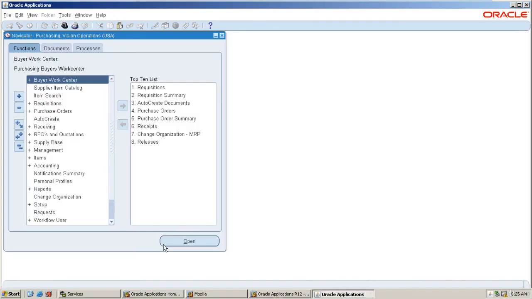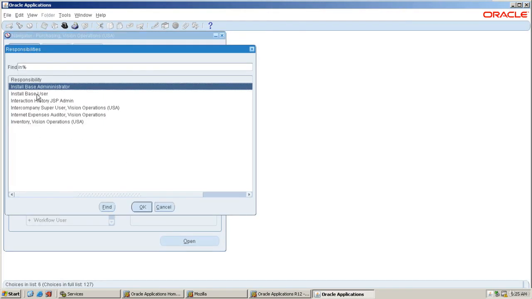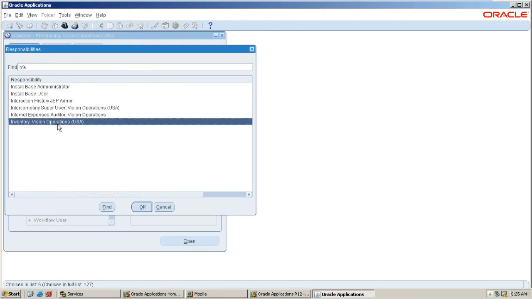If you want to work on inventory, you must use one standard responsibility, the inventory responsibility, that is Inventory Vision Operations (USA). It is a standard responsibility of the inventory module. Using this responsibility, we are going to log into the inventory.